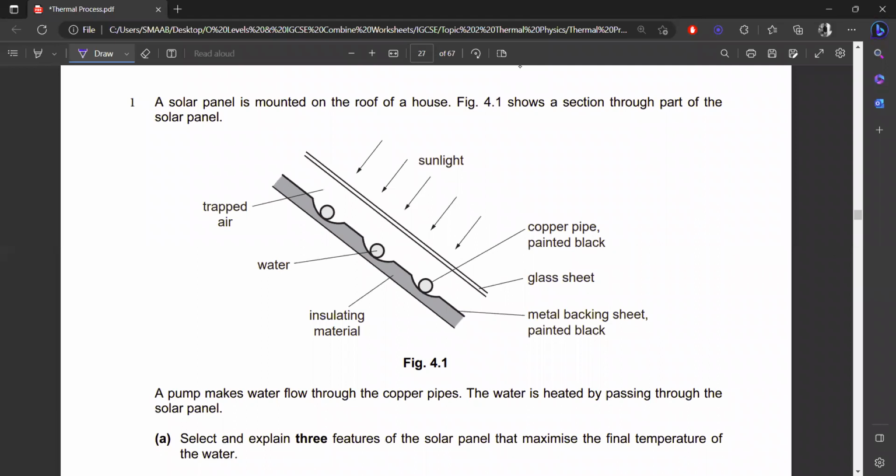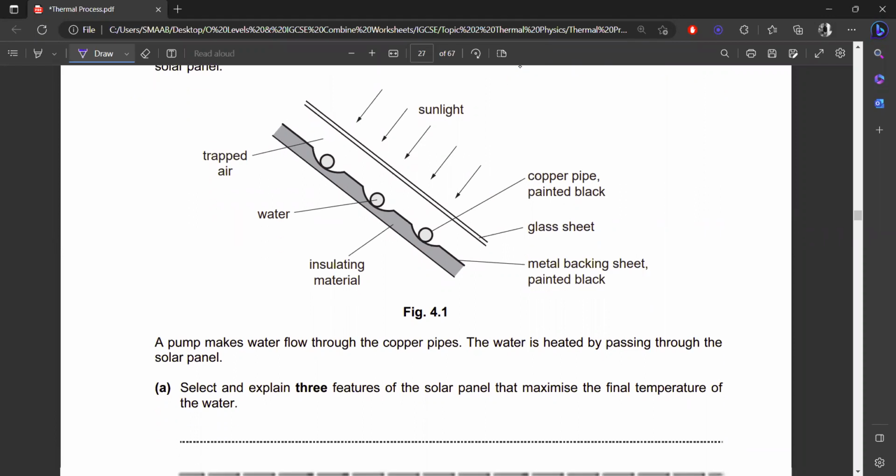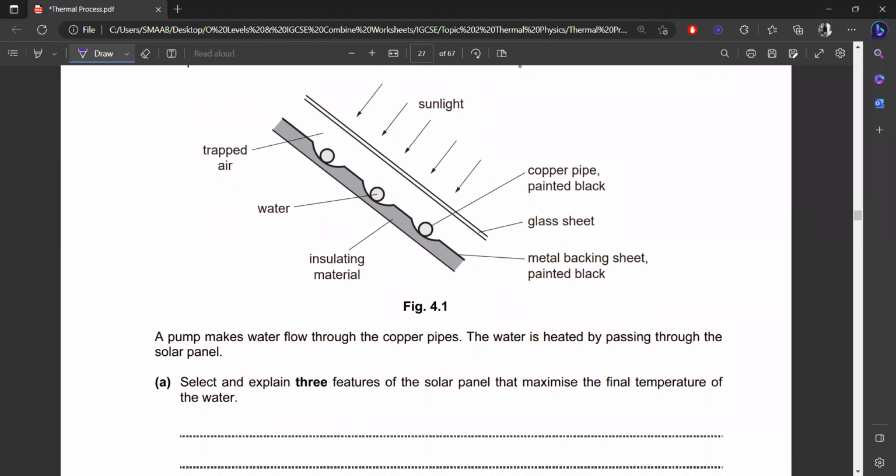Okay, so the question is related to the thermal process, the first question. There's a solar panel which is mounted on the roof of a house, figure 4.1, and it shows a section through part of the solar panel. So we are receiving sunlight from the upper part,